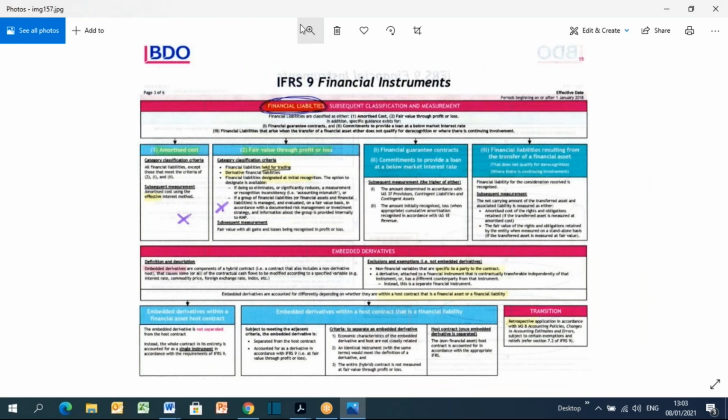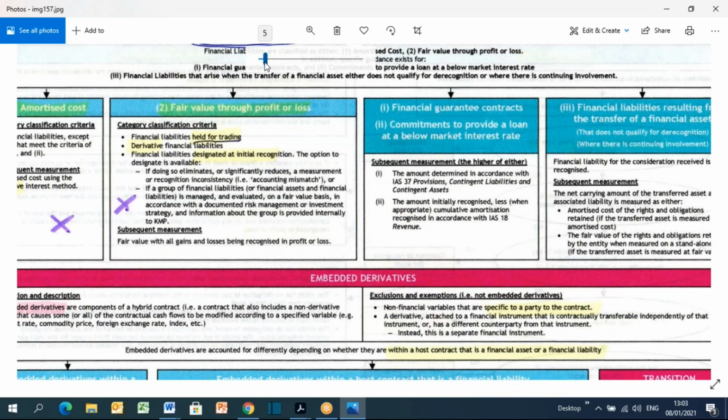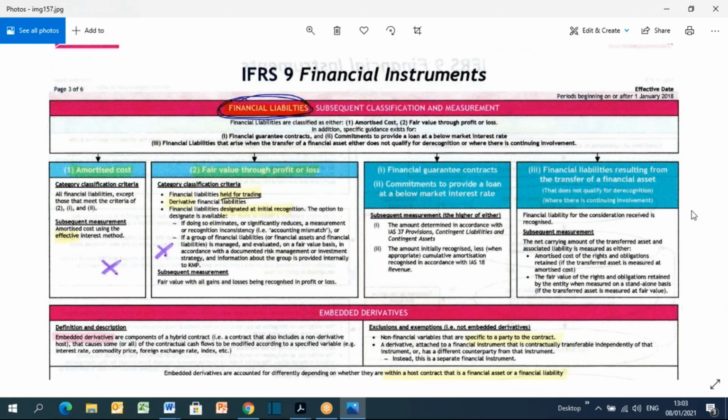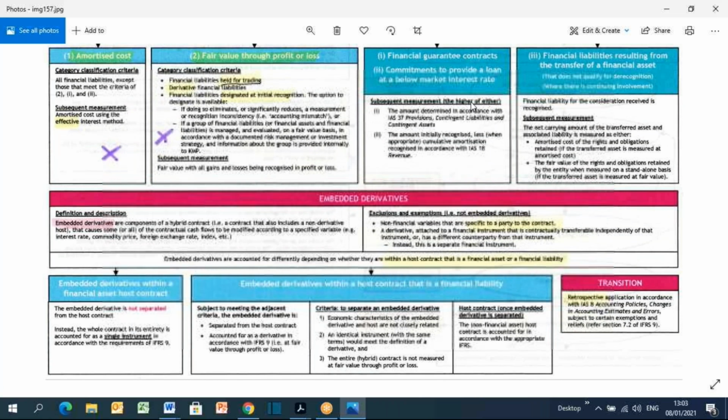If we move on to the financial liabilities on the next page, again, like I said, it is very useful that everything is given in the same notes. So if you have doubts about whether that is a financial asset, an asset, a liability, you can just easily go here and follow the steps, and then you realize that the accounting treatment should be this or that. So again, for financial liabilities, what is the classification and the measurement? Again, you use amortized cost, same as a financial asset, and you use fair value through profit and loss. Embedded derivatives,